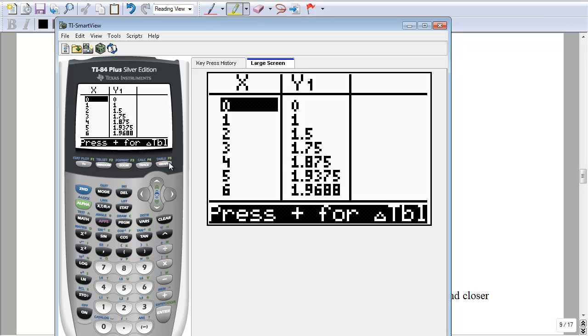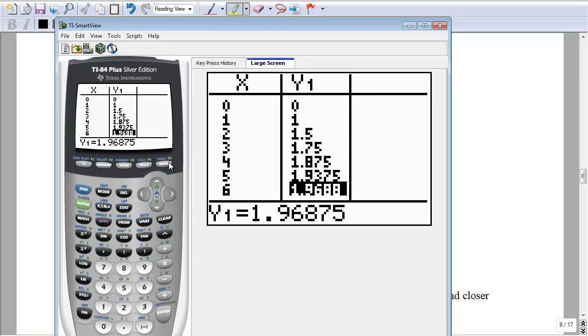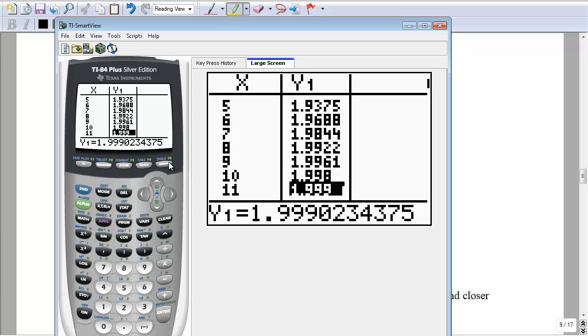So when x equals 1, we only have the sum of the first term, that's 1. When x equals 2, this is actually S2, the sum of the first two terms, and we have 1.5. So when x equals 3, we sum up the first three terms, we get 1.75. And as we add more and more terms of the series, we find that the values increase to 1.98, 1.9961, 1.999,